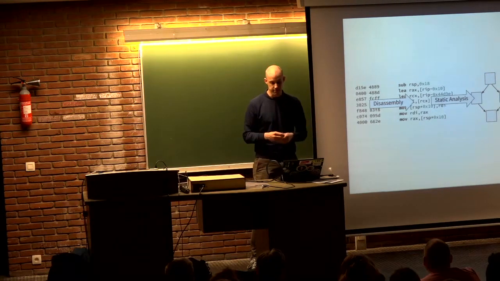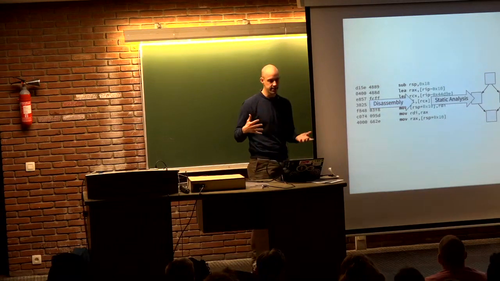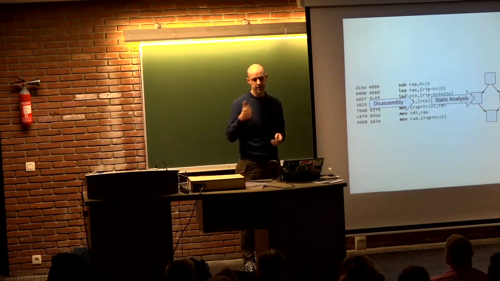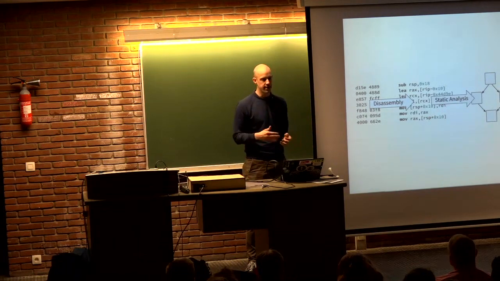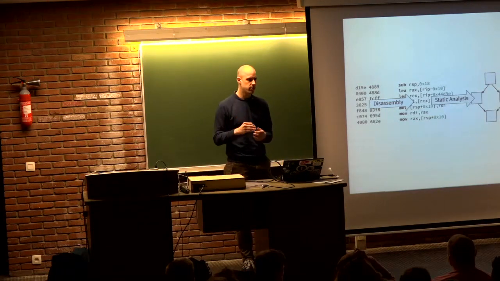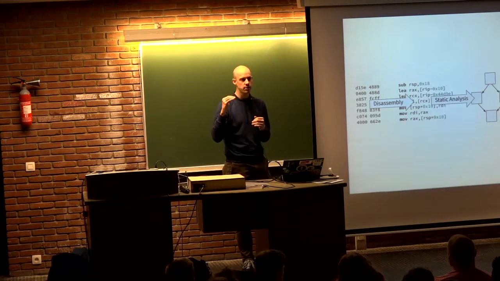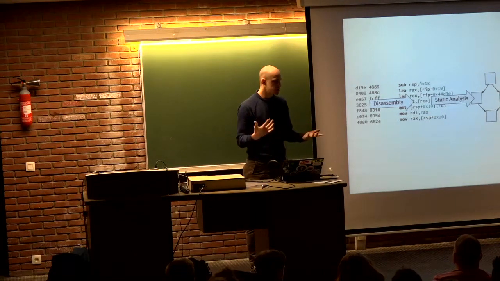So what the advanced tools do is what's called static analysis. It takes that assembly code listing and cuts it up into chunks. The concept of functions, for example, exists on the assembly level. So we can separate the code into functions, and then separate the functions into something called basic blocks, which are sequences of assembly instructions that are executed without interruption. So we know when the first instruction is executed, execution will continue until the end of the basic block, and then we have a jump or a branch. Our tools try to recover this information and build a nice graph, and then comes the last part,